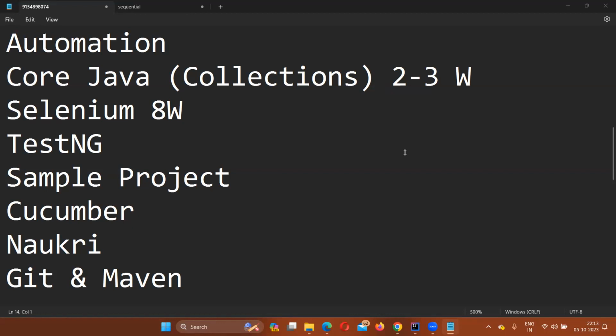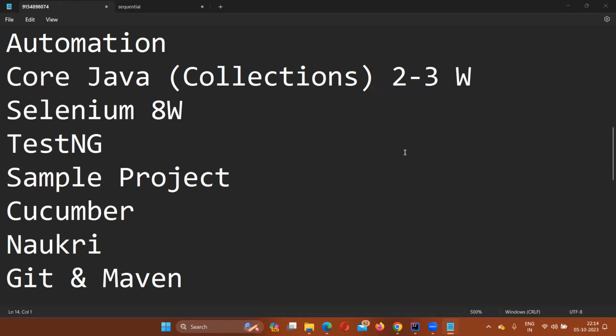Rajesh, new batch has started today itself. No new batches are going to start in the near future, at least for the next 2-3 weeks. No new batches will be started. This is the first day of this batch. Yes, Rajesh.